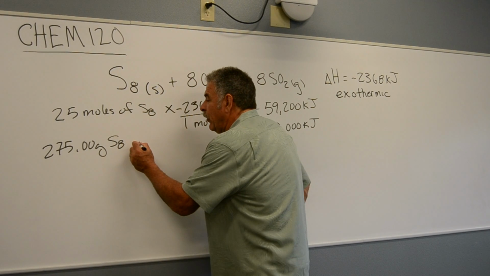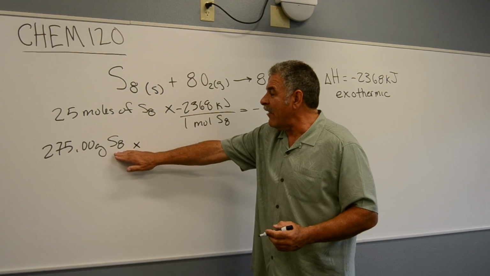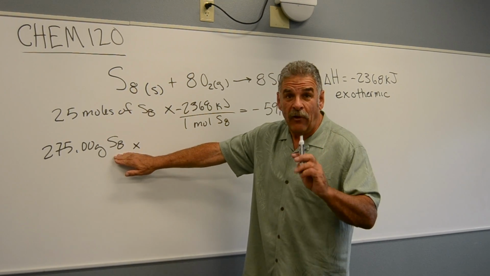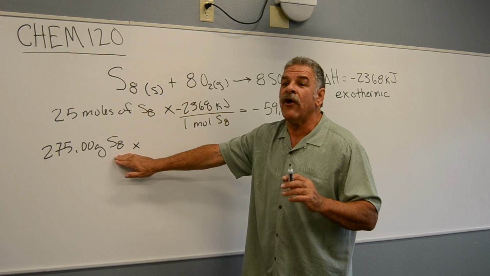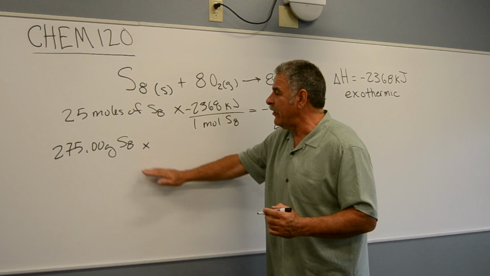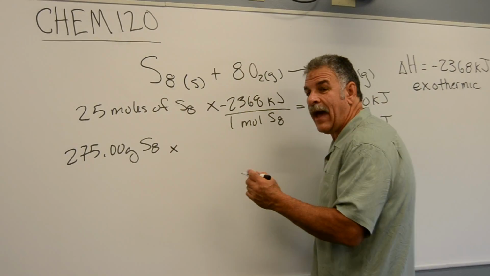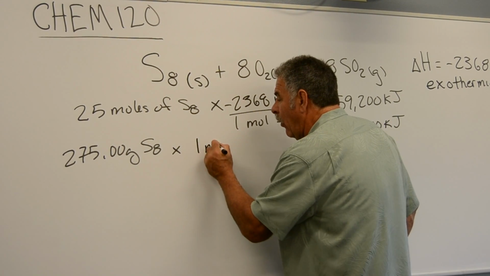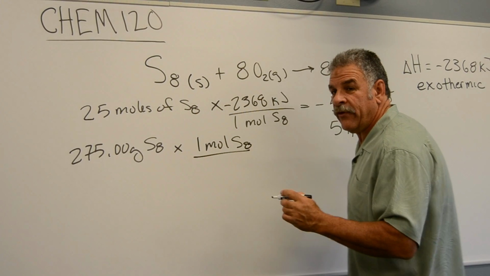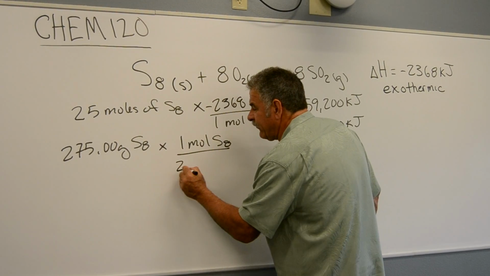Well, the first thing to do is figure out what the molecular mass of S8 is. Not 32.6, but 8 times 32.6 to find out the number of moles. So 1 mole of S8 equals 256.40